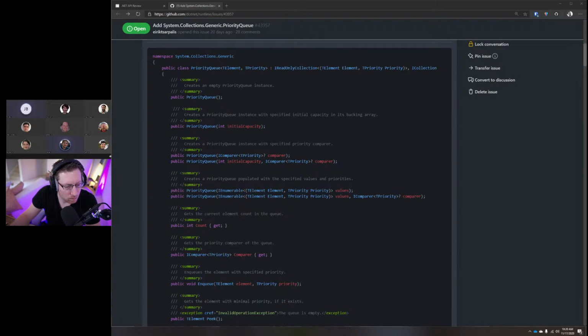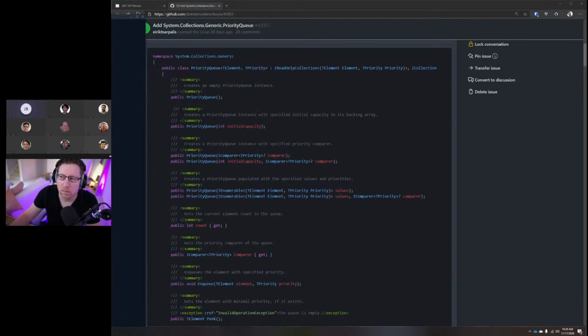The first argument is either here are all of the values, which implicitly has a vague notion of capacity, though if it's enumerable and not countable, then you don't really get a notion of capacity out of it. And then the second parameter is the comparer, and the first parameter sometimes is a comparer.